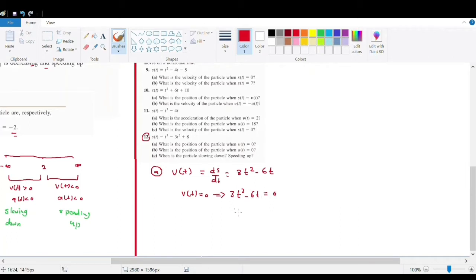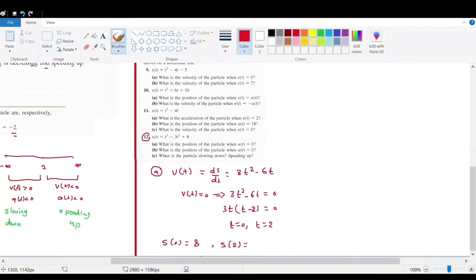If you take 3t as a common factor, it will be 3t times (t minus 2) equal to 0. So either t is equal to 0 or t is equal to 2. From here we find that V(t) is equal to 0 at two points: when t is equal to 0 and t is equal to 2. Since we were asked to find the position when V(t) is equal to 0, we need to find S(0), which is 8,